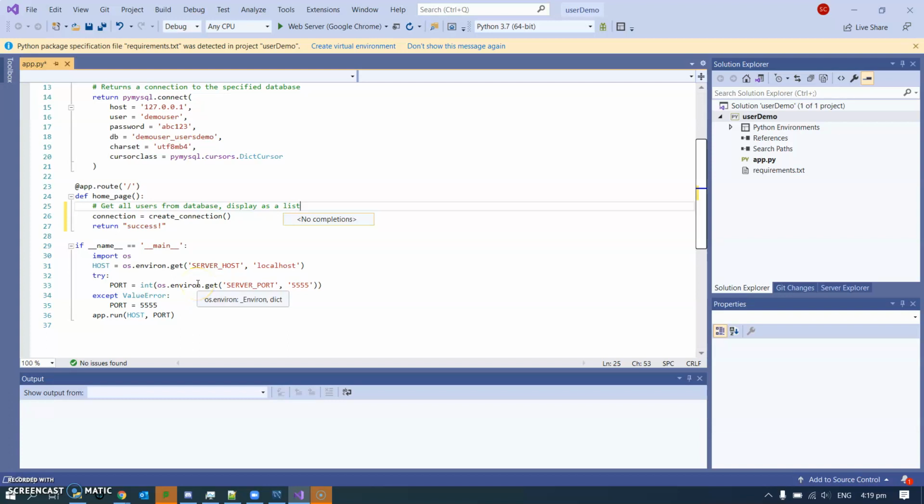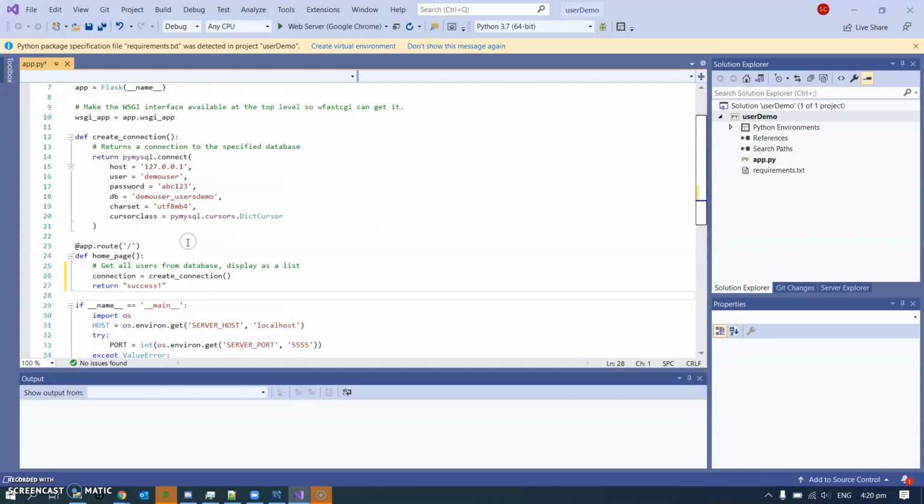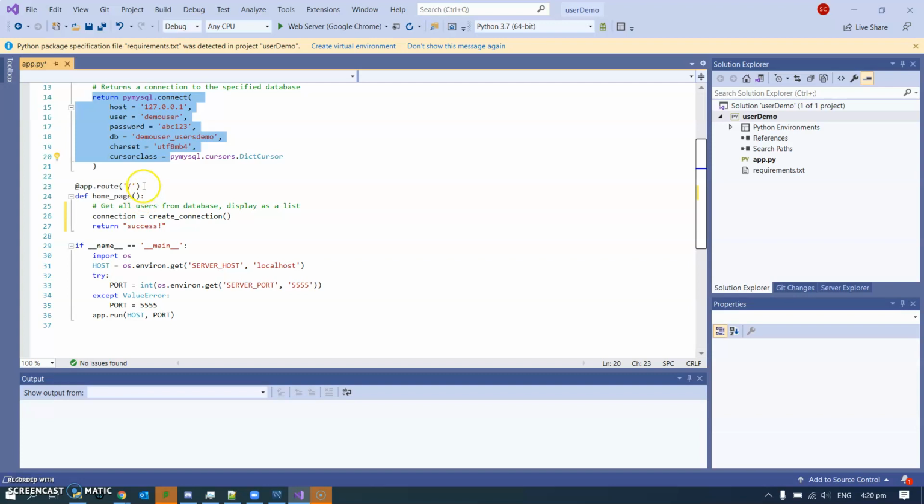To recap, at the end of the last video, what we'd achieved is that we have connected to the database, and we know that works because my slash route has got connection equals create connection, and that doesn't cause an error. So I've connected to the database. What I want to do now, it says it here, is get all the users from the database and display as